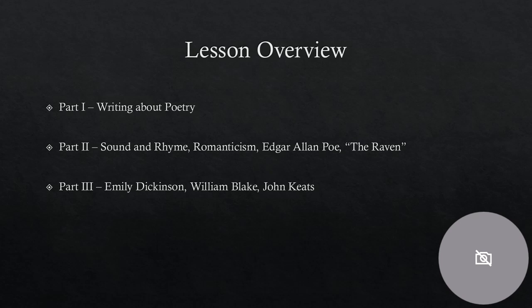This time for the second half, our shorter lyric poems are by Emily Dickinson, William Blake, and John Keats. So with Poe and Dickinson, you get 2 romantics from the U.S., and with Blake and Keats, 2 from England, and we have some good representation of canonical romanticism there to introduce you to that period. I'll also do some background on romanticism, and this is our third and final lecture where I'll go over specific